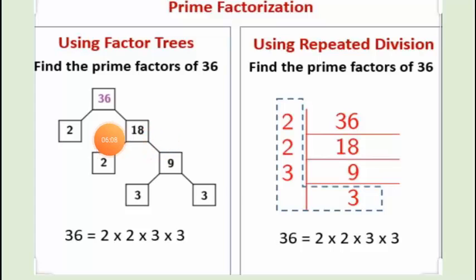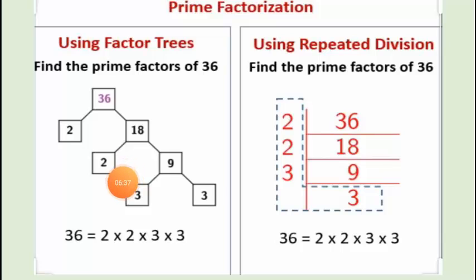When we take the first factor of 36 as 2, the next factor will be 18. You can see that the first factor of 36 was 2 and this is a prime number, so there is no need to split it again, whereas the other factor of 36 which is not a prime number, we have to split again and express in terms of its factors.